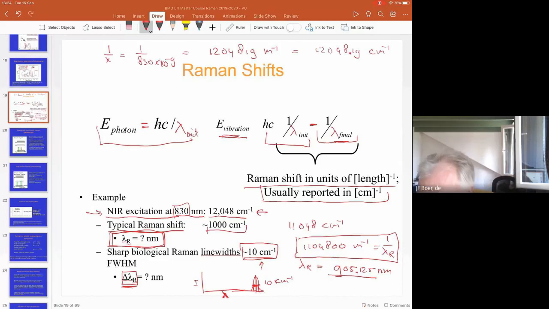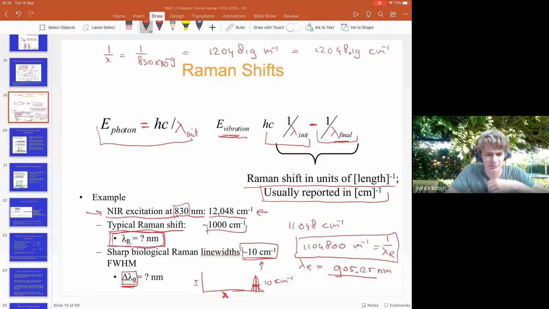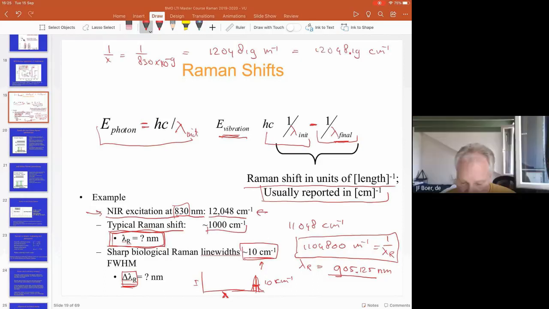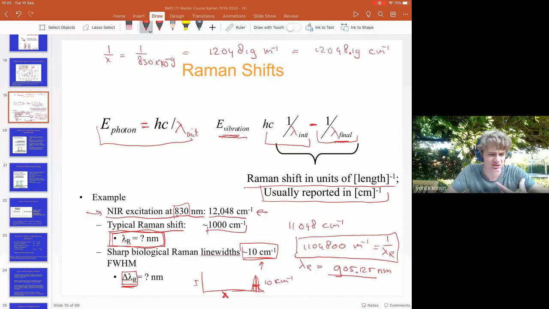Wouldn't delta lambda R be quite broad? I'm not sure who asked the question. Can you expand a little bit on why it would be broad? Right, so for the typical Raman shift, we had about 1,000 inverse centimeters. And doesn't that correspond